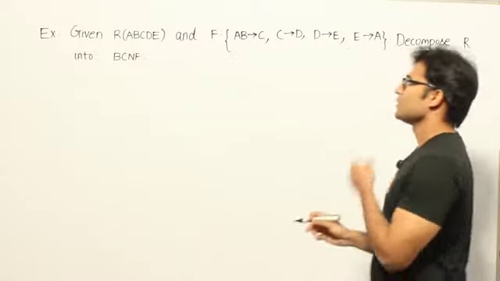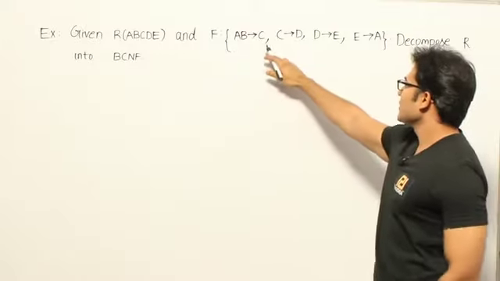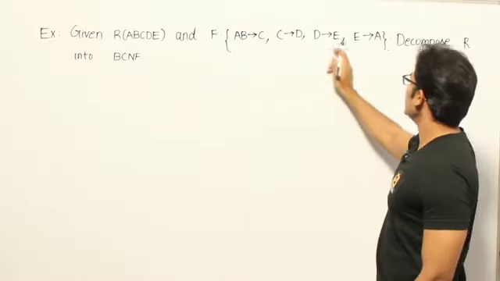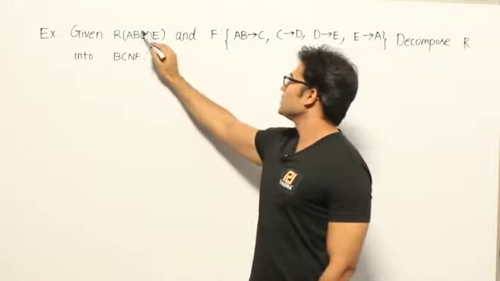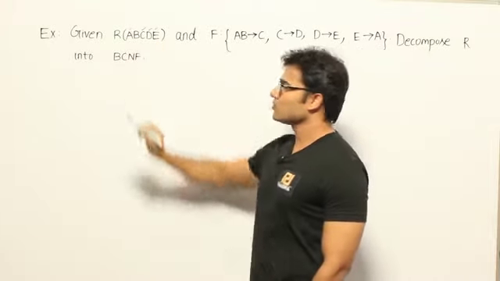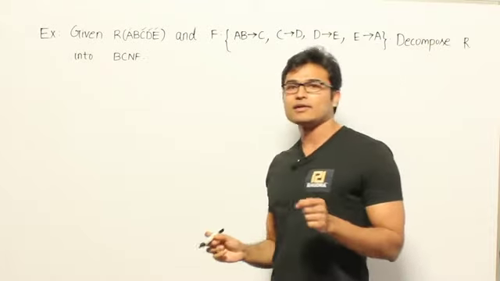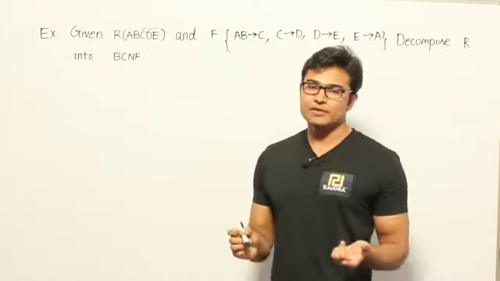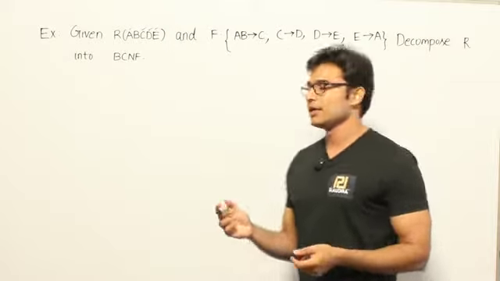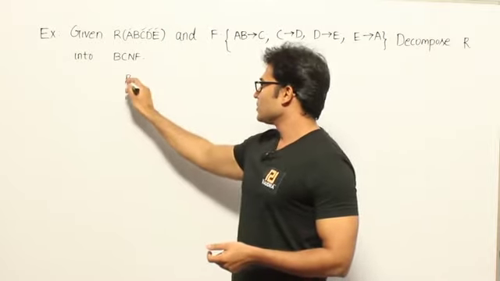Now before going ahead, we should find out what are all the candidate keys on this table. If you observe this, C is there on the right side, D is there on the right side, E and A are there. So C, D, E and A are there. So the only attribute which is not present is B. Therefore every candidate key is supposed to contain B. Otherwise there is no way you are going to determine that. So B should definitely be there.